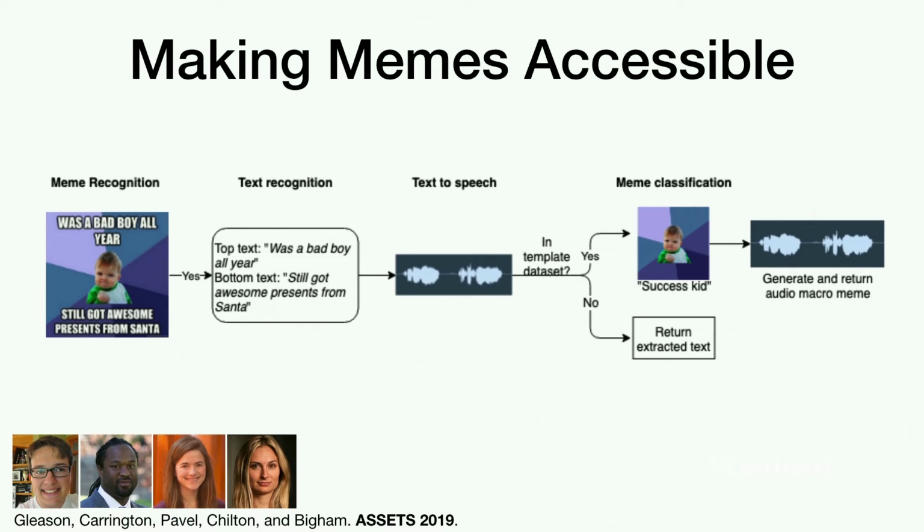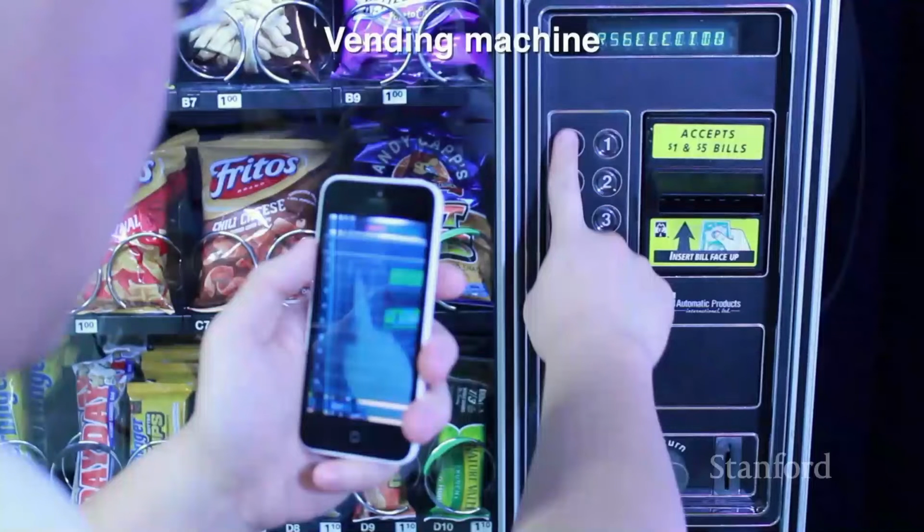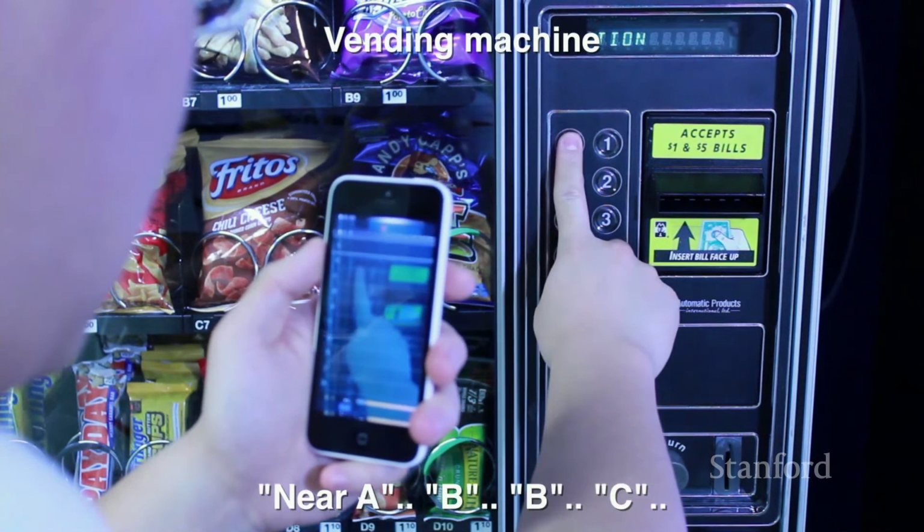So that's sort of like Success Kid made audio, with some sound effects. Another thing, even from the VizWiz data set, which seems very large, and was very large in scope, but we noticed some patterns, right? There are all these real world devices, all these appliances that none of them have accessible interfaces, like I mentioned. So we made a system that uses some crowdsourcing plus computer vision to give feedback, and we're able to make vending machines and things accessible.